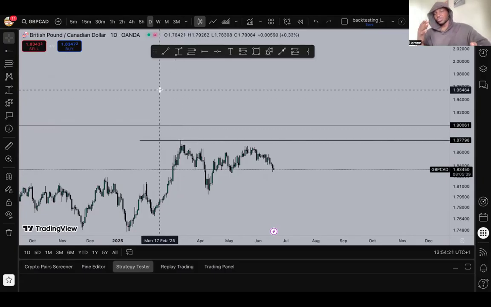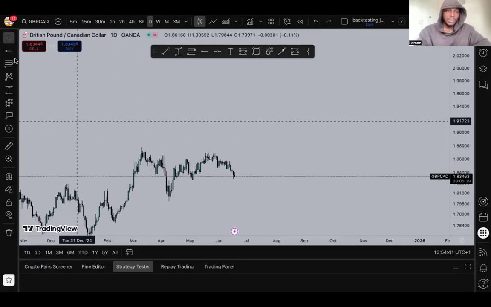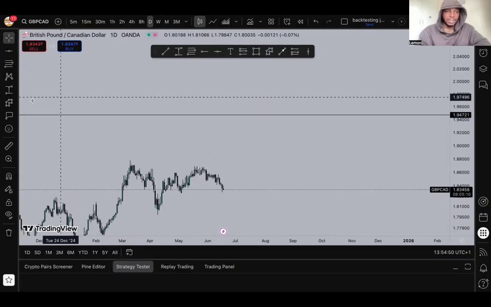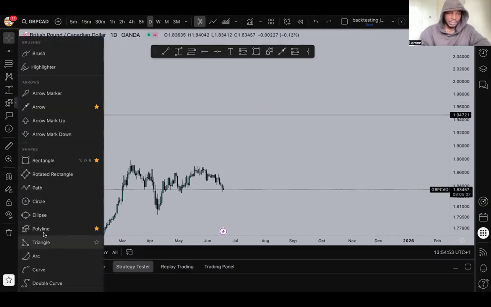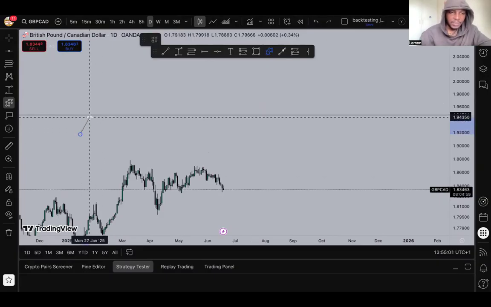So once you want to draw a resistance in the market, you need to actually look at the past. Understand? You need to actually look at the past. But before we get to that level, I want to break down how to draw your support and resistance step by step. So let's use our delete tool and delete everything. Let's say I'm using my horizontal ray, and I'm using this tool right here, our polyline, to make you understand how I draw my support and resistance. So this is one,